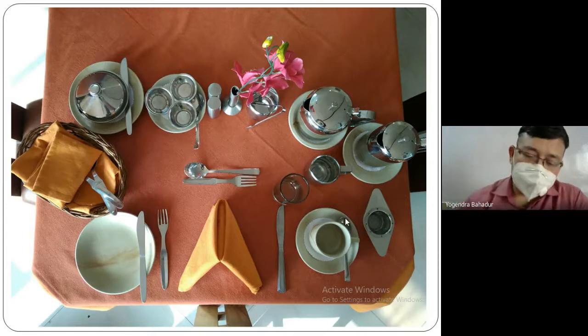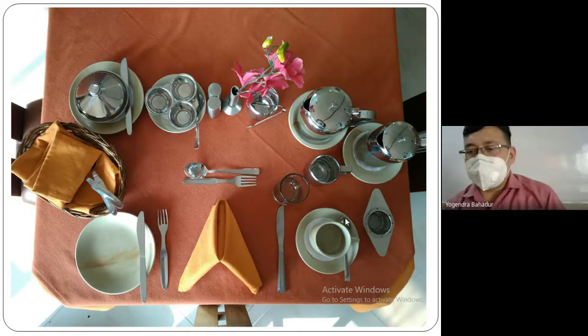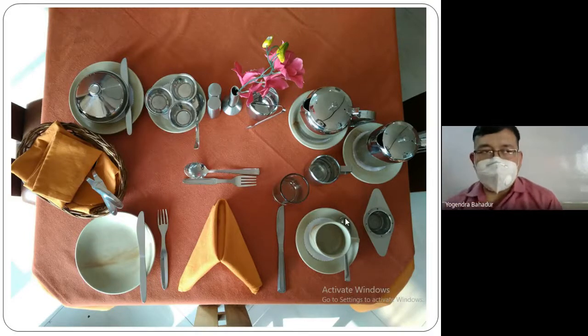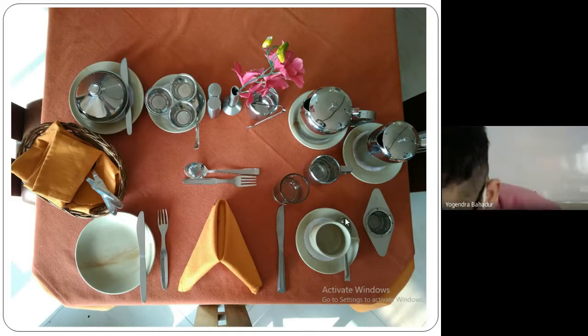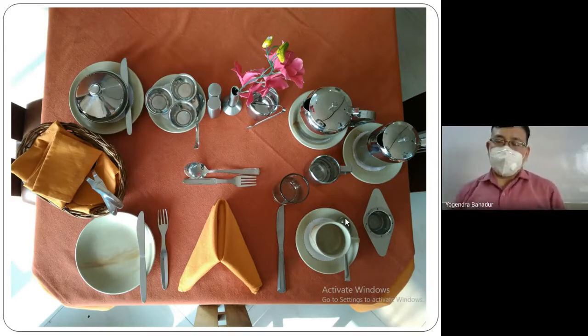Now moving to the third type of breakfast, which is very popular mostly in Indian hotels, that is the Indian breakfast. We all are Indians, and most of the Indians generally, when they go to or stay in hotels, and even most of the foreigners, generally prefer a less spicy South Indian breakfast. So that's why we also learn about the basic Indian breakfast cover.